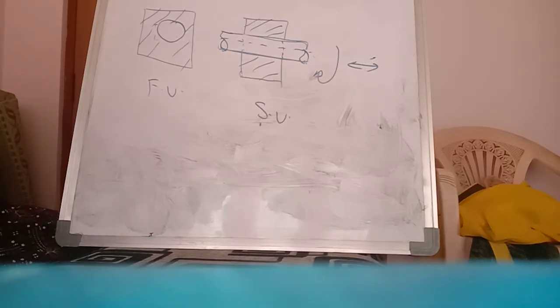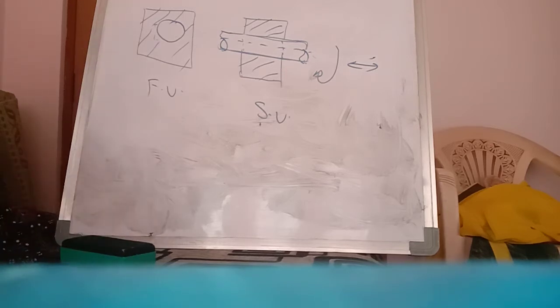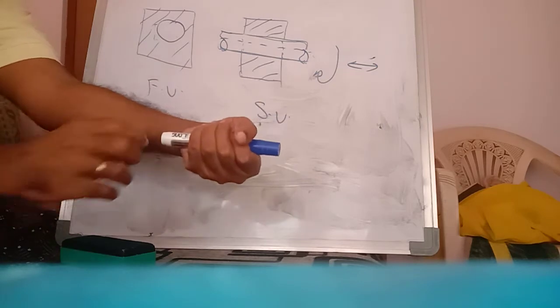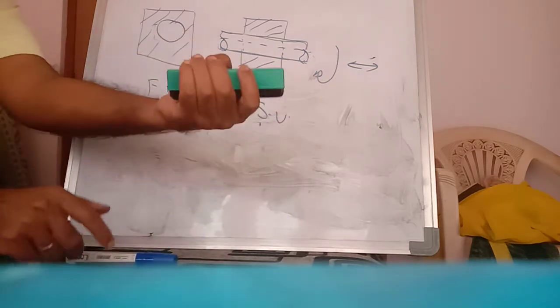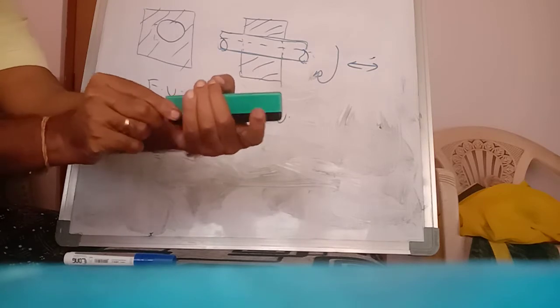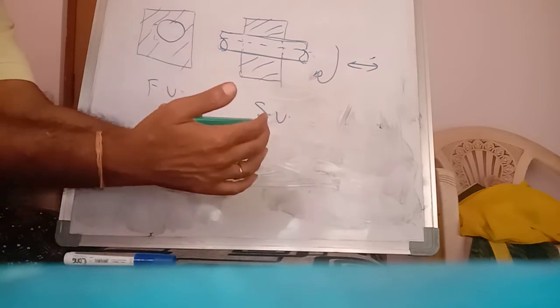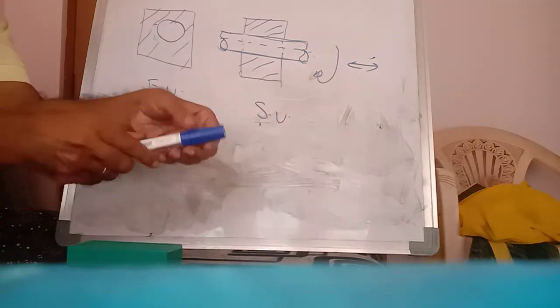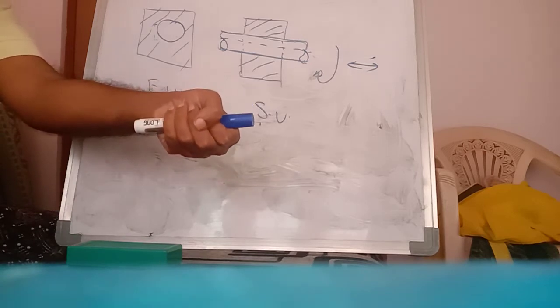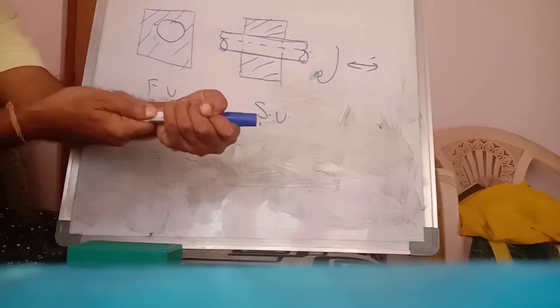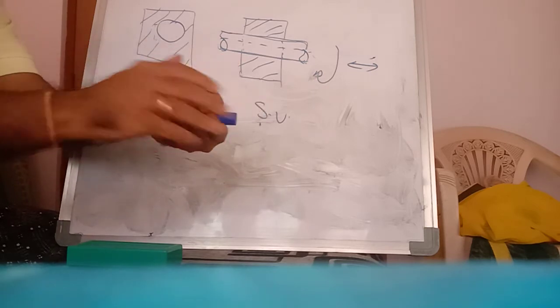So what is incompletely constrained motion? The relative motion between the links depends upon the direction of the external force acting on them. A good example of incompletely constrained motion is the motion of a shaft in a circular hole. In the previous case, whether the force is applied or not, it can move only in one direction. But if you take the shaft in a circular hole, we can rotate or we can move. So it depends upon the direction of force.